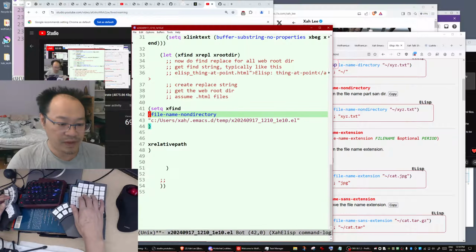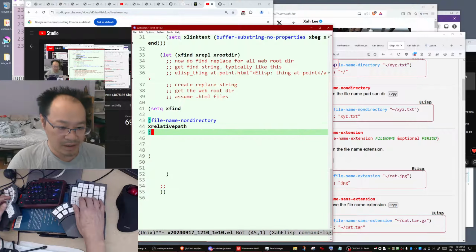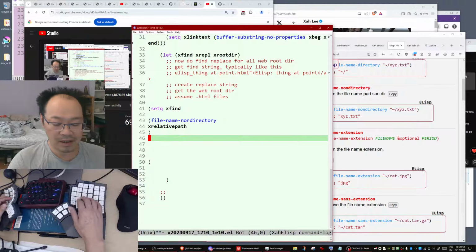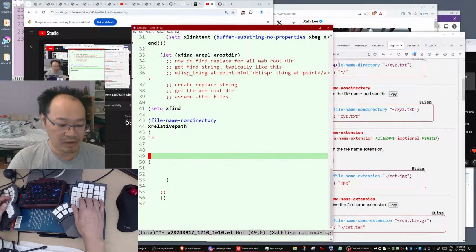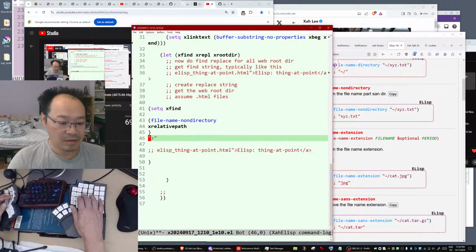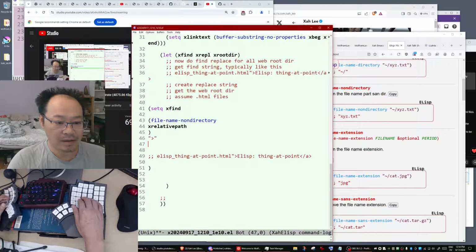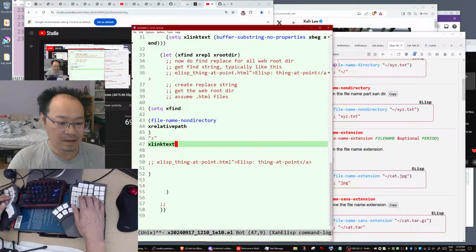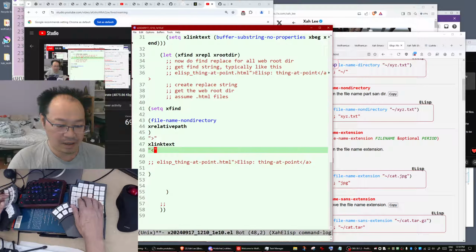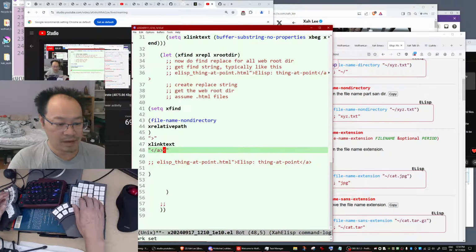So file name non-directory of the relative path, then you add a greater than sign, then a concat string, then you get the link text, then add the ending tag.